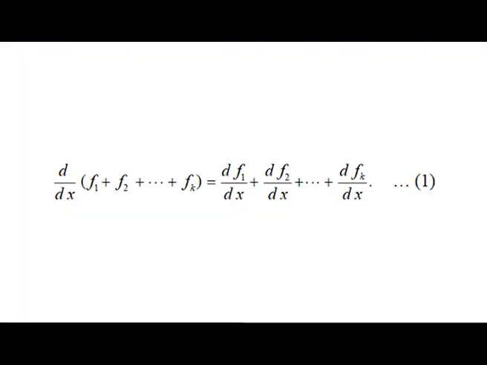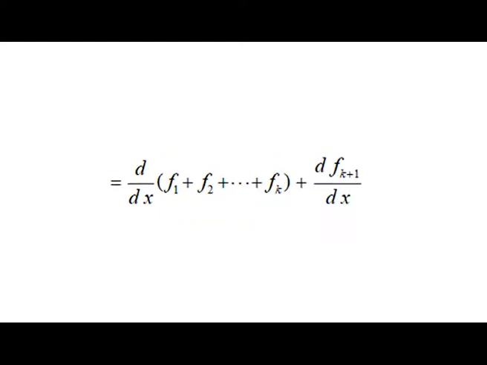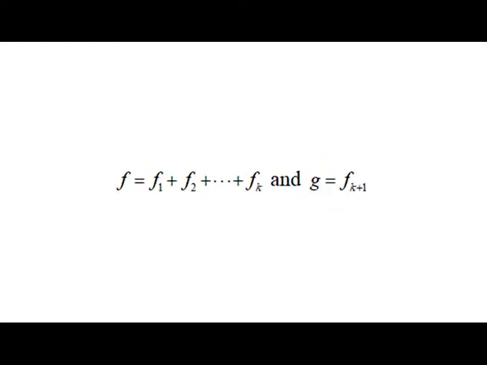So, suppose that d/dx of f1 + f2 + etc. + fk equals df1/dx + df2/dx + etc. + dfk/dx, equation number 1. Then d/dx of f1 + f2 + etc. + fk+1 equals d/dx of f1 + f2 + etc. + fk plus dfk+1/dx, by the sum rule with f equal to f1 + f2 + etc. + fk and g equal to fk+1,